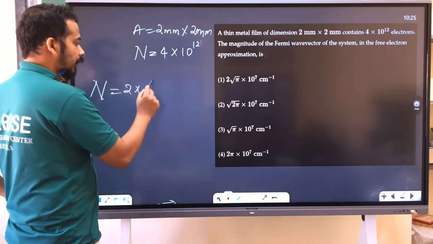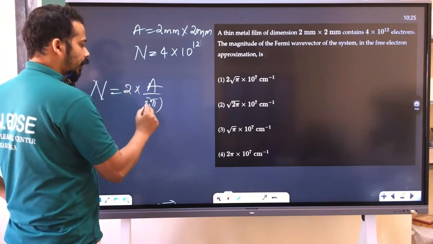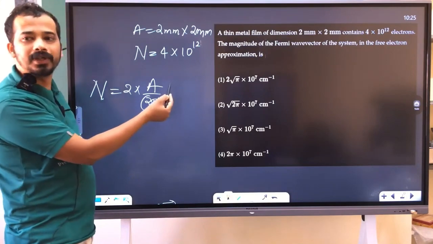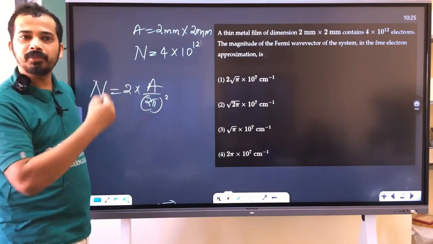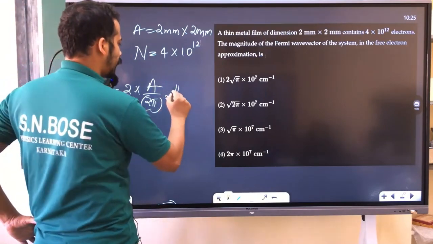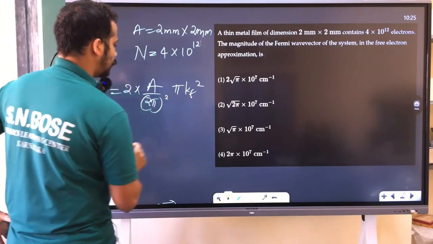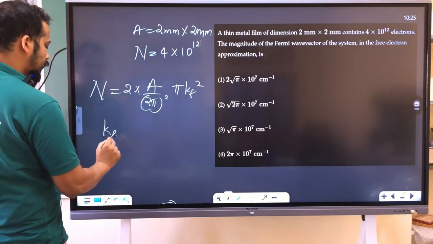Okay, but that area divided by 2 pi the square, that d square of k should be integrated over the Fermi disk, like this, okay? That's equal to pi into kf square. I think this will give you a very quick answer. Kf